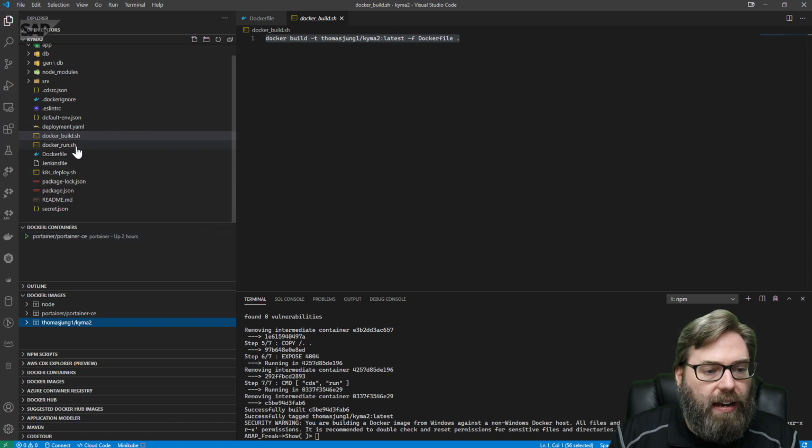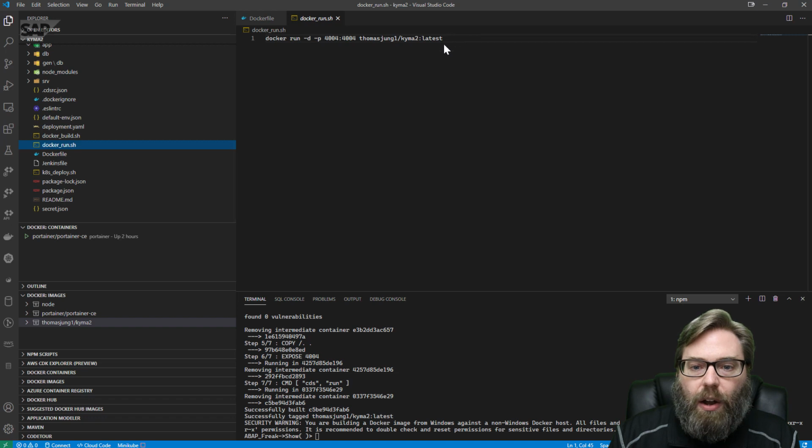So let's go ahead and do a Docker run. All we have to do here is say what image we want to run, and we can do a port mapping. It's running on port 4004 internally, but we can map that to any other external port number. So if that would give us a conflict with something else running in our local environment, we could map it to a completely different external port. I shouldn't have any problem. It ran on 4004 fine when it did locally, so we'll go ahead and run that 4004